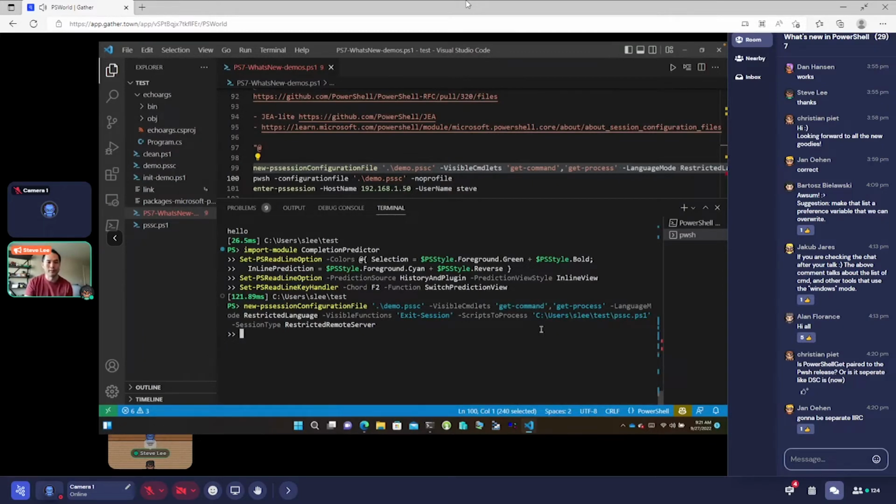The language mode is going to be restricted, so it's basically going to be like a shell without scripting availability. I'm going to explain this in a little bit. Exit session is there; this PS1 file just defines the exit session function. And then the session type is going to be restricted remote server, which is probably what you want to use